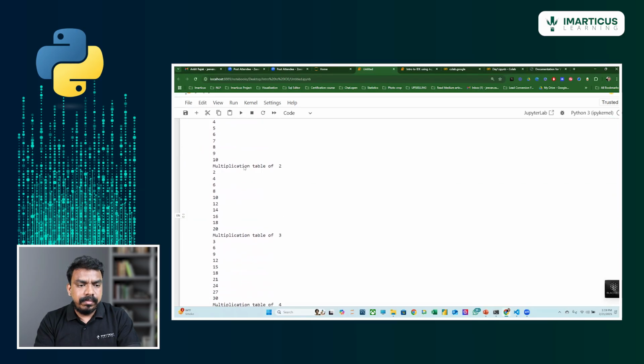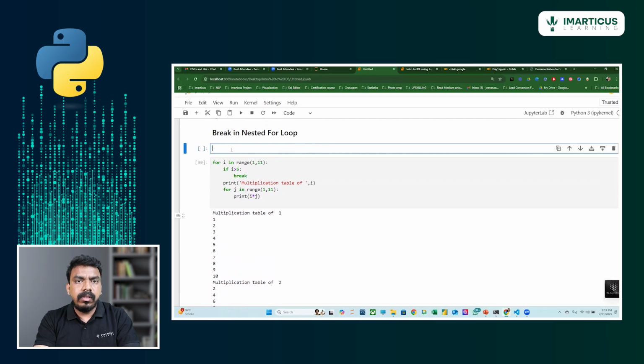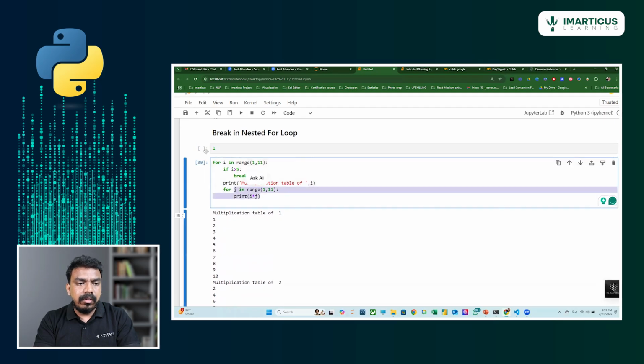The output here is the outer for loop is 1, that is multiplied 10 times by the inner for loop. That is nothing but 1 into 1, 1 into 2, 1 into 3, etc. So you can also print it in this way for better understanding. What is your 1? That is nothing but your i. 1 into 1, ones are 1, 1 into 2, twos are 2, right? So let me provide here 1.